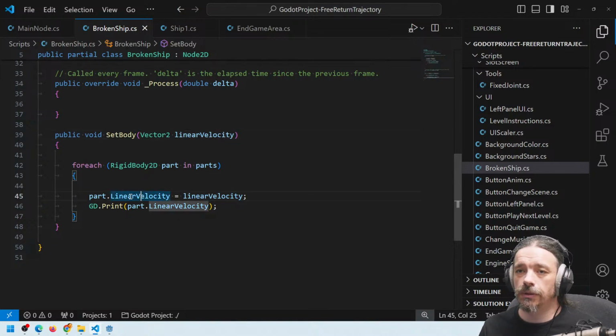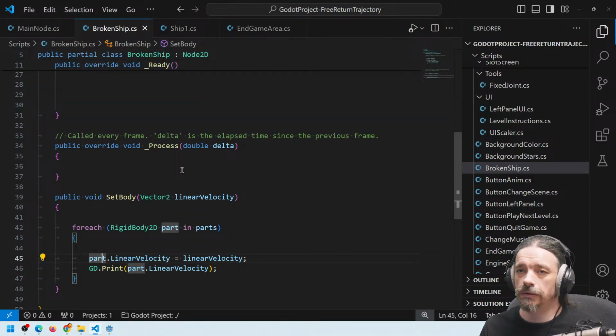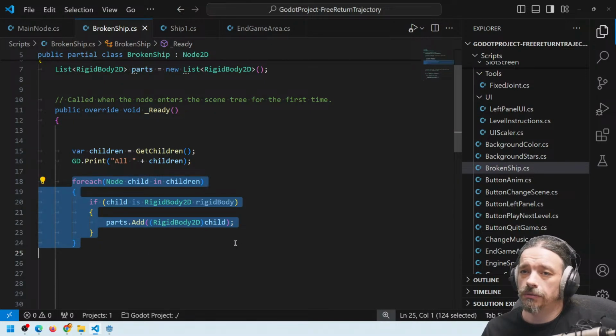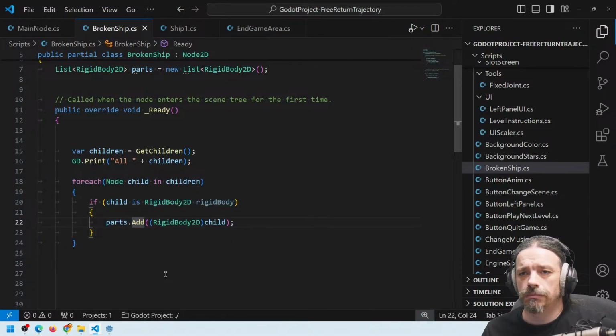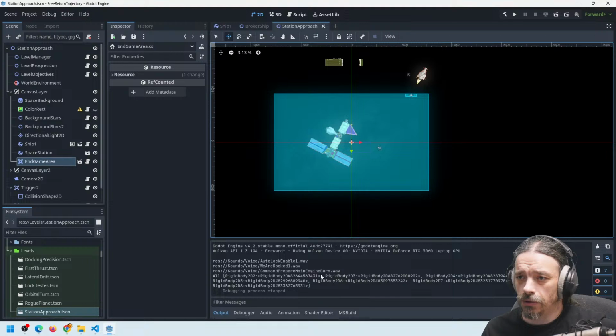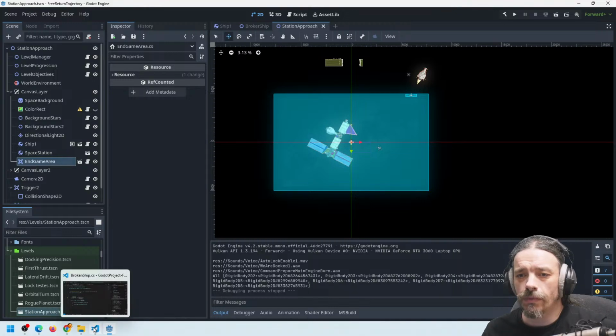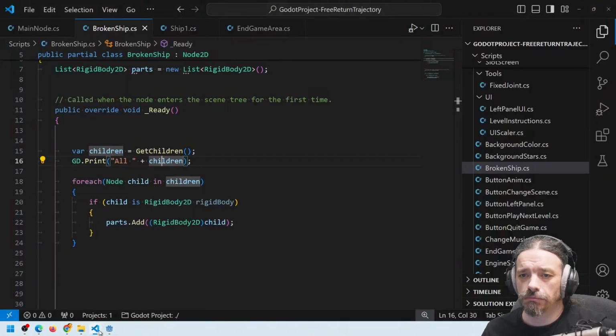Linear velocity and part linear velocity. For each part in parts. Parts is a list of rigid bodies. This is print all children. It's here. So all children is being printed. Okay. It's all rigid bodies, which is okay also. Even here, it's all rigid bodies, and